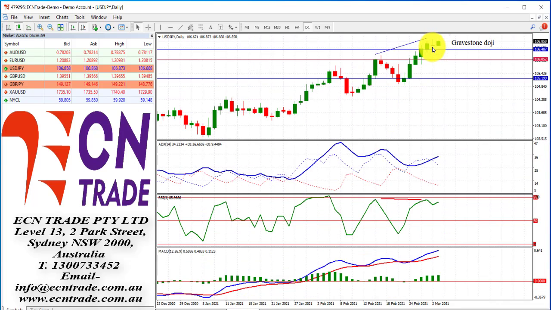With a gravestone doji posted in dollar yen and along with the bearish divergence, I anticipate that the market should continue to a slight bearish bias. Therefore, a confirmation is awaited. A move underneath this level, seen somewhere around 106.45.55, should ignite the move down towards the bottom side of the range around 106 or maybe lower. So I'm not a bull at these levels.